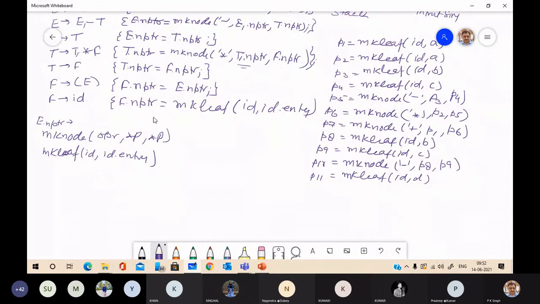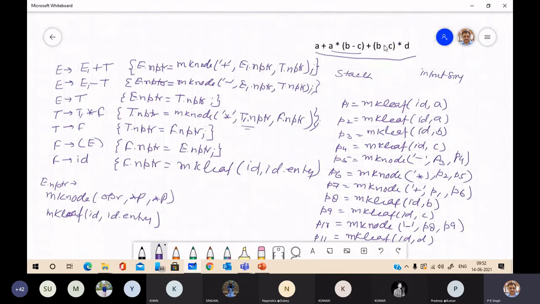Next, multiplication. You just see here we have to do the multiplication.